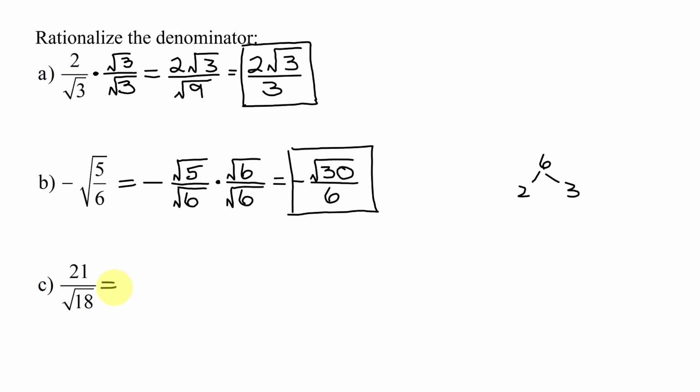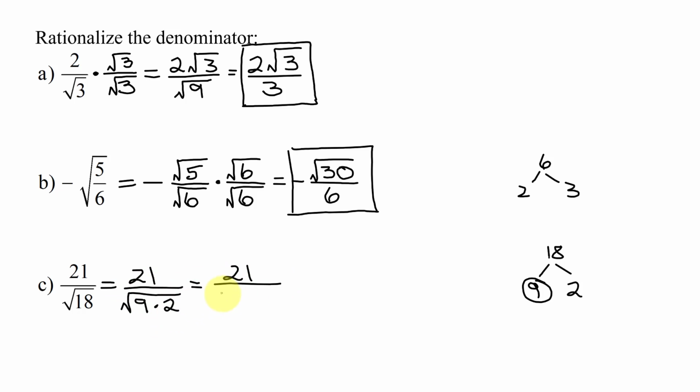The best thing to do is to simplify the square root of 18 before I rationalize the denominator. 18 is 9 times 2, and remember 9 is a perfect square. So I'm going to get 21 divided by the square root of 9 times 2,